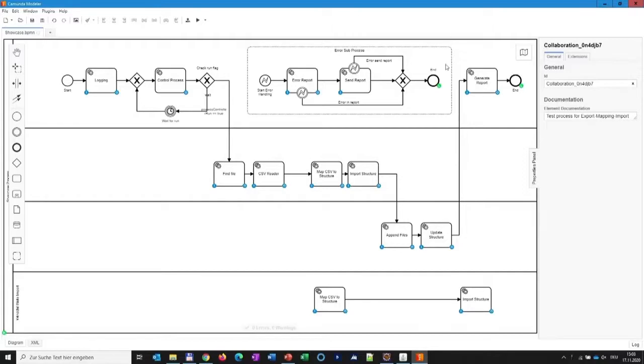Of course, the process is ended in a controlled manner as well. We generate a report. Every process instance has a report, and we'll look at that live as well to see what it looks like. And last but not least, a very important function actually: errors occur again and again. You do need error handling, and error handling has to be carried out in a controlled manner as well, and we prepared that as well already.